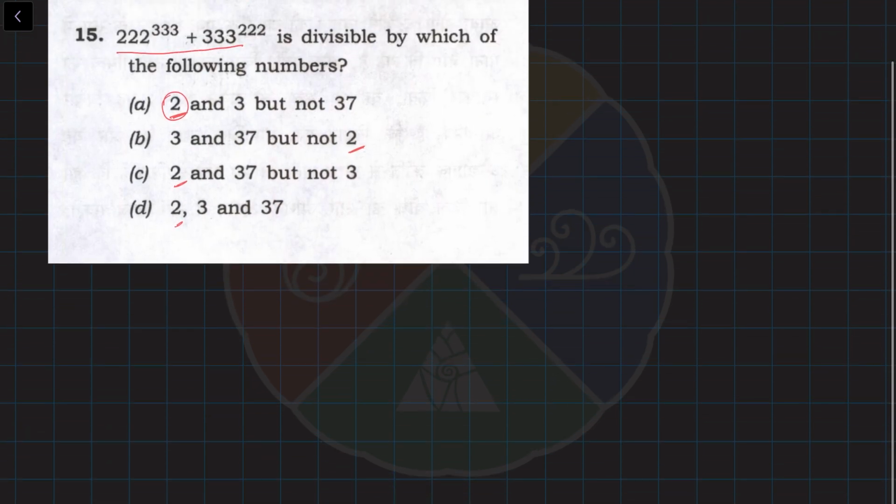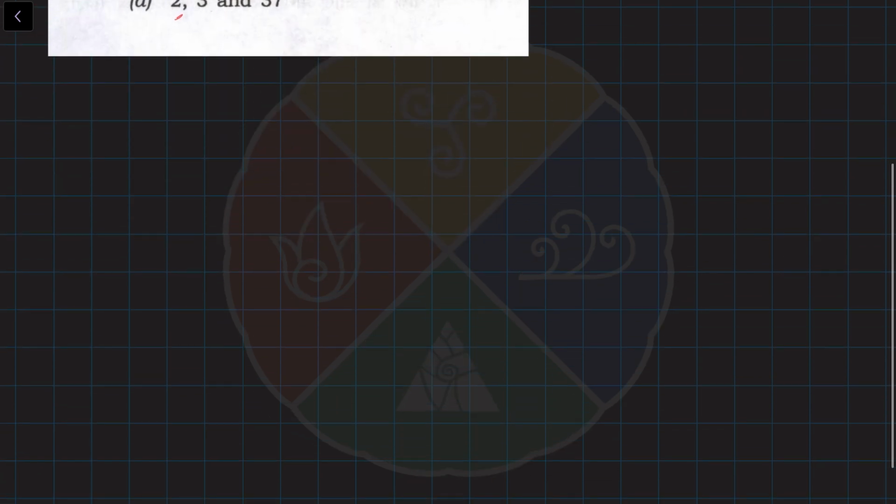What do you mean by even? If a number is divisible by 2, of course that is even. If a natural number or an integer is divisible by 2, then that number is even. So basically, the natural numbers or integers ending with 0, 2, 4, 6, 8, these numbers will be divisible by 2.